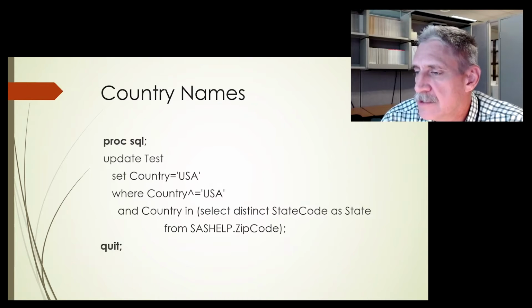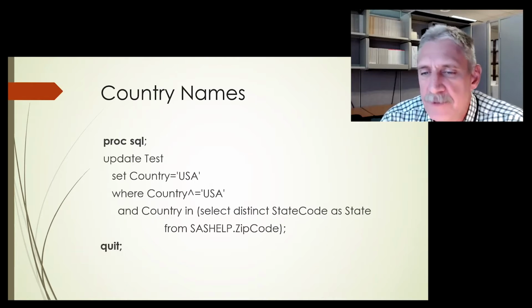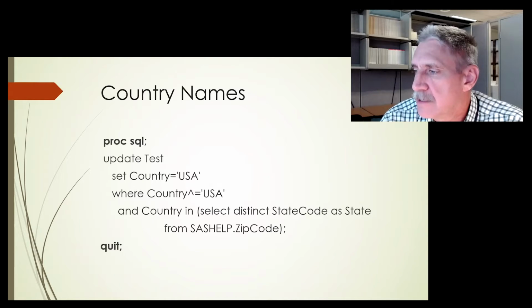Another one that we see is they type the state code or the state name into the country because they've hit tab too many times, is really what's happening. So if you find a good state code in the country, go ahead and change it. Same thing with the state name. If it says country is equal to Texas, it's USA. Go ahead and just correct it for them.